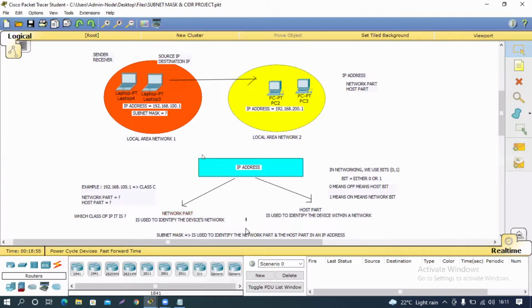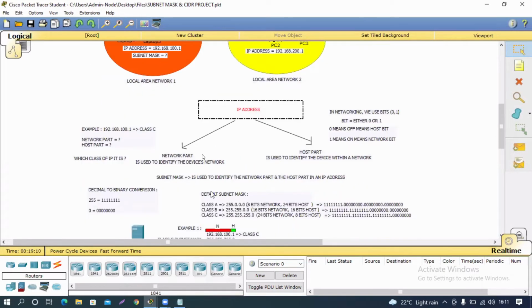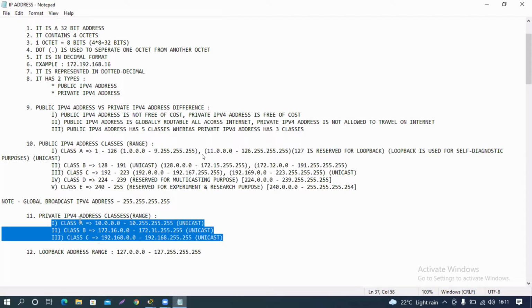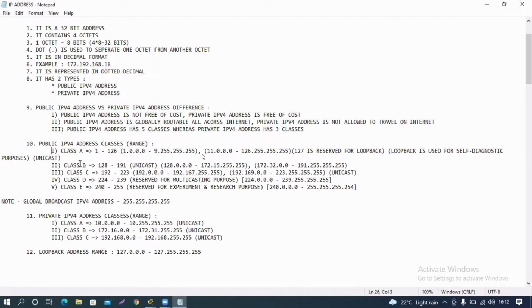Very simple. You are using a subnet mask for this. The subnet mask is always used to find the network and host part in an IP address. How exactly are we using the subnet masks? Basically, we have some default subnet masks available, which we can use to find these two parts in the address. We have class A, B, and C. In both public and private, you can see all these three classes exist. Class D and E are only available in public, and are reserved for multicast and experimental research. So we are not using class D and E. Class A, B, C, whether private or public,